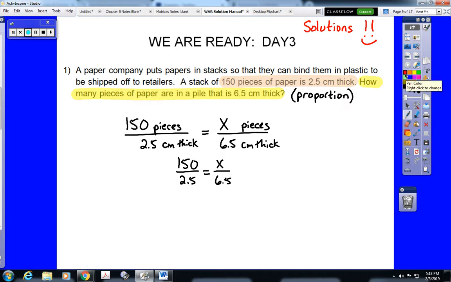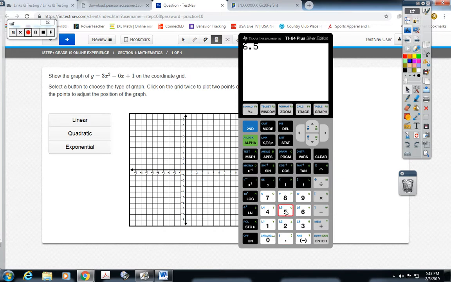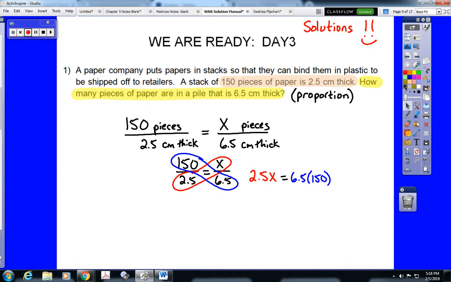Ladies and gentlemen, you should know that when you have a proportion, you're supposed to cross multiply. So we have 2.5x equals 150 times 6.5. So let's go use our fancy dancy calculator. Okay, 6.5 times 150. So we type in 6.5 with our mouse times 150, enter. That's 975. So we have 2.5x